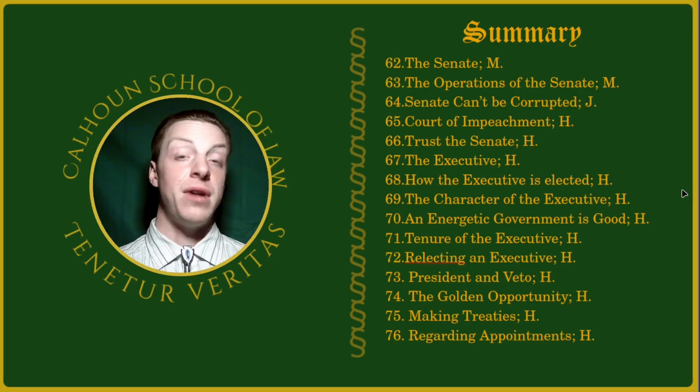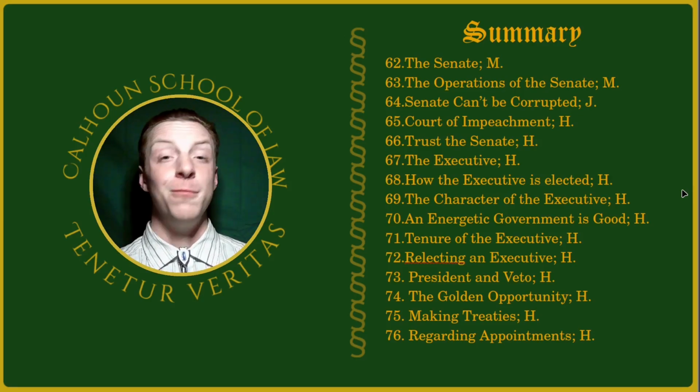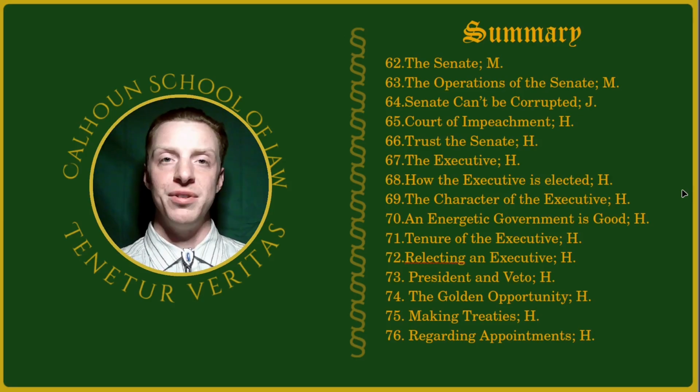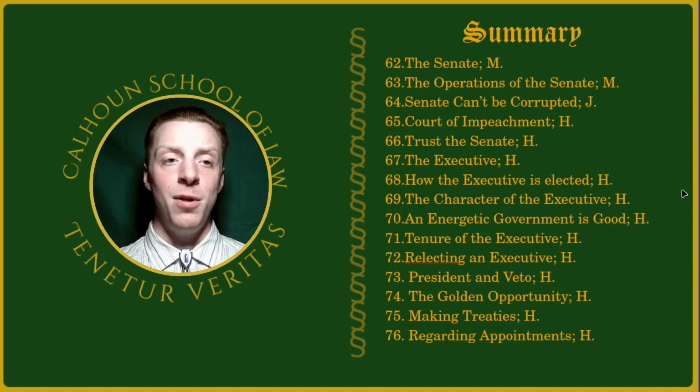Next. So now Madison in 62 specifically outlines the Senate, the purpose of the Senate, which was, first and foremost, to represent the states, which is why the states could call back their senators at any time for any reason, because the senator was to serve the interest of the state at the federal level.